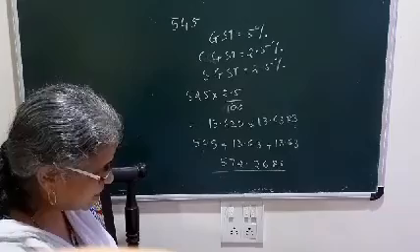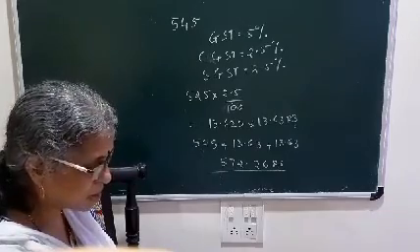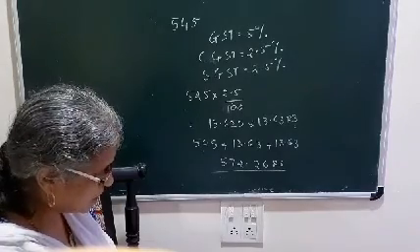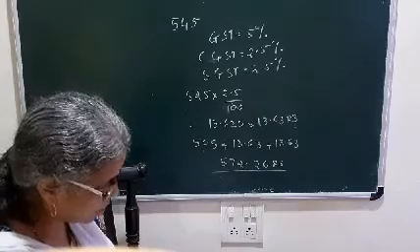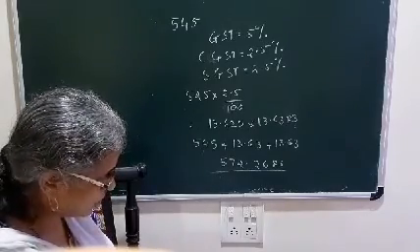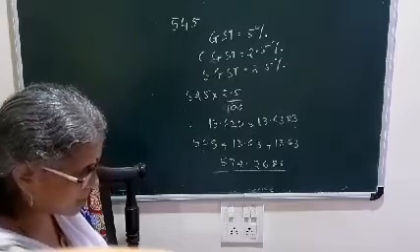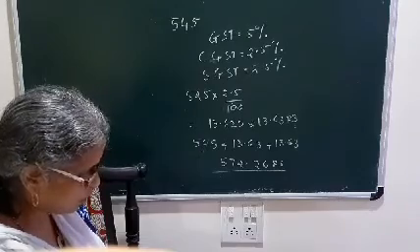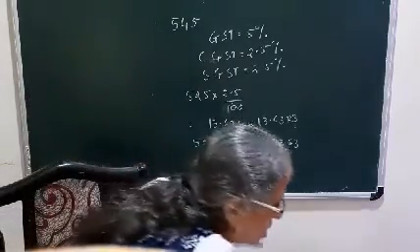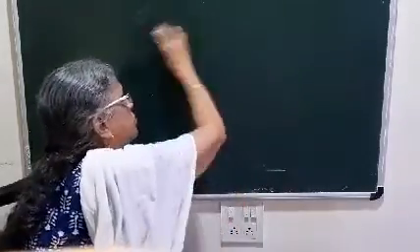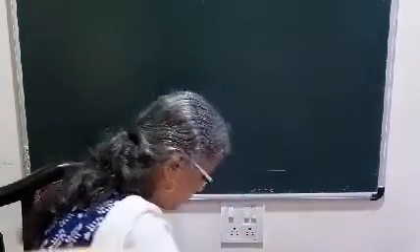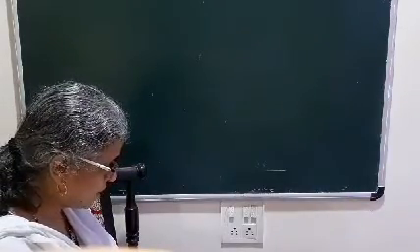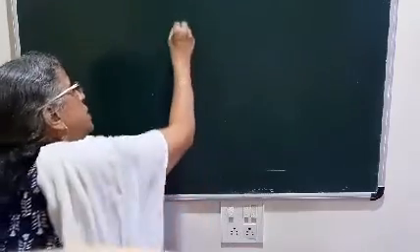Followed? Now the second example. I think you must have followed this first example. Yesterday we solved the same type of sum from practice set 4.1. Now, a courier service agent charged a total of 590 to courier a parcel from Nashik to Nagpur. In the tax invoice, taxable value is given as 500, on which CGST is rupees 45 and SGST is rupees 45. They have not given CGST and SGST in percent, so directly they have given the value. So this would be an easier one. 500 plus 45 plus 45. That means they have already paid total GST of rupees 90.